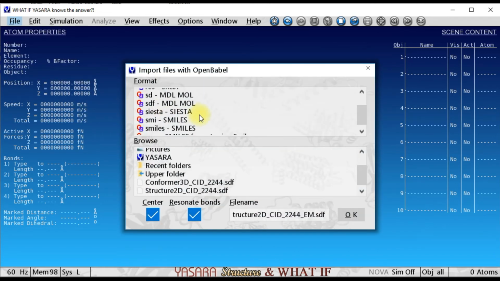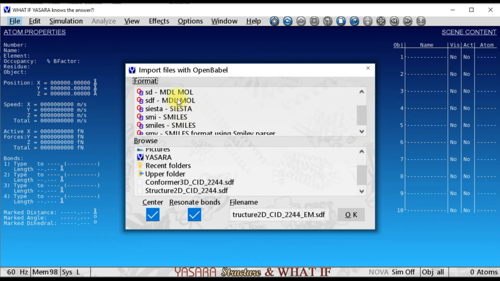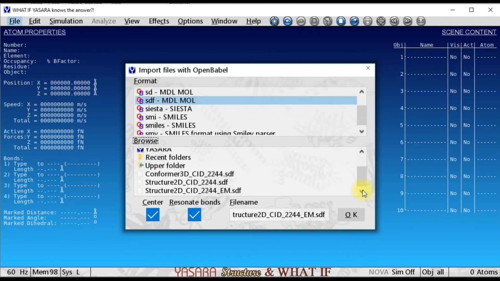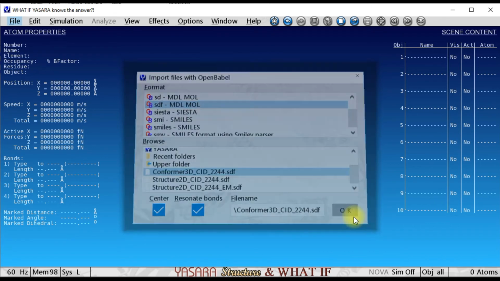Click file, load, and same procedure you have to follow. In this again you need to click SDF, MDL mol and conformer 3D I am going to choose. Click OK.